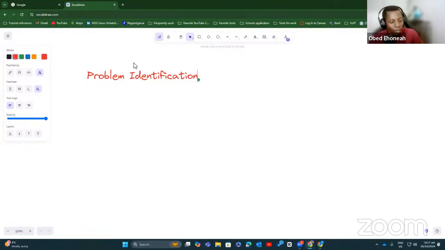Okay, so the problem that we're going to try to solve, and I would want to hear your take on it if you can share, is this: I know there are certain institutions, and here we are looking at small and medium scale enterprises, right? Very small companies and not too big.